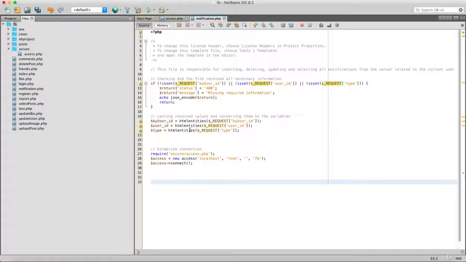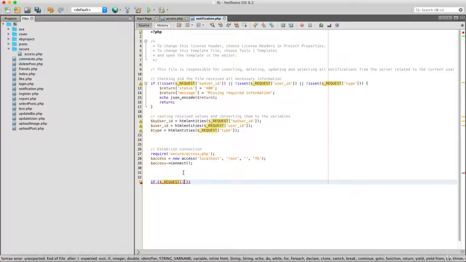And now we will try to insert it. So this will be a multifunctional file, notification. This file we will use same like for friends.php. We'll use it for inserting, deleting, and so on. So here first, the first action will be insert. Open and close round brackets, then write dollar symbol underscore request